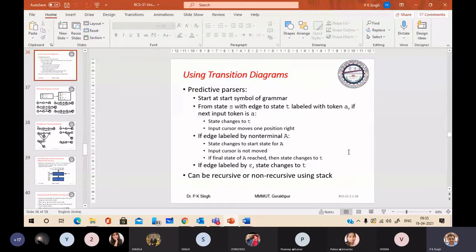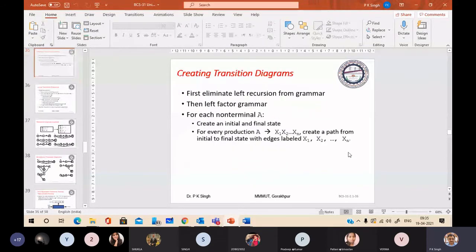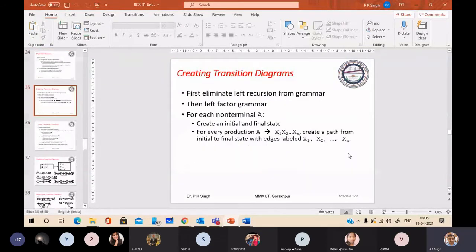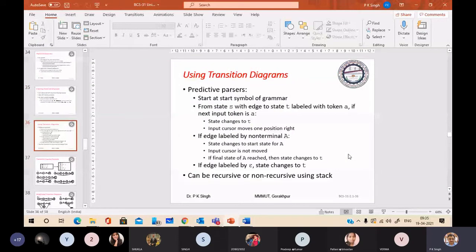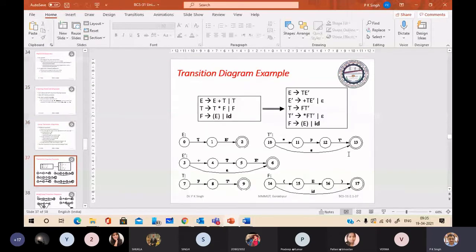Here, just see how we can simplify, because in recursive descent parsing, if you have a production having several alternatives, then it is possible to backtrack, and that will hamper the efficiency of the parser.